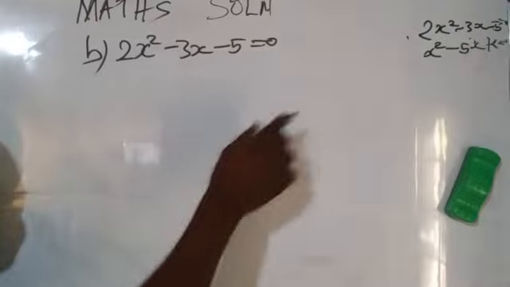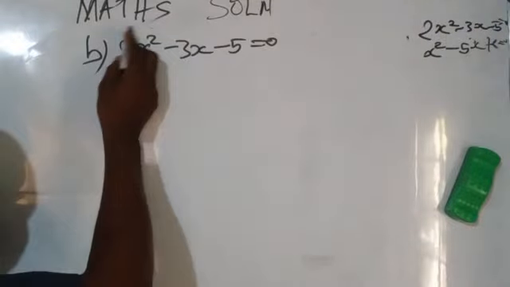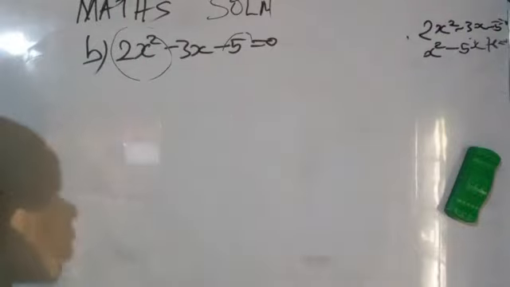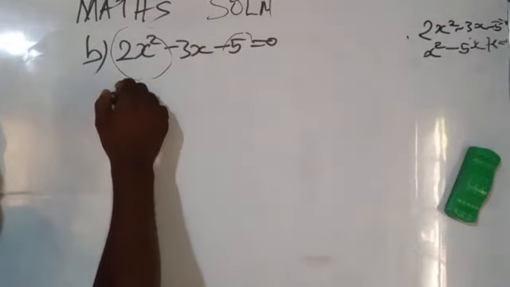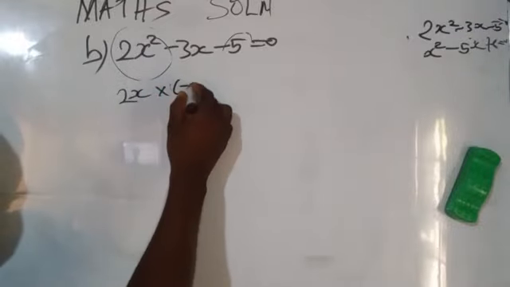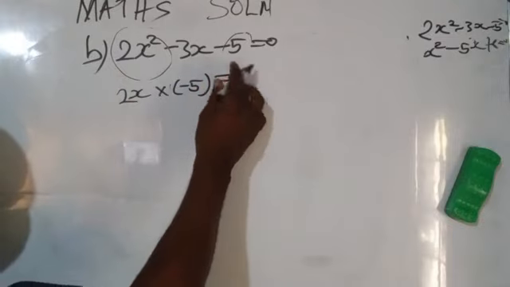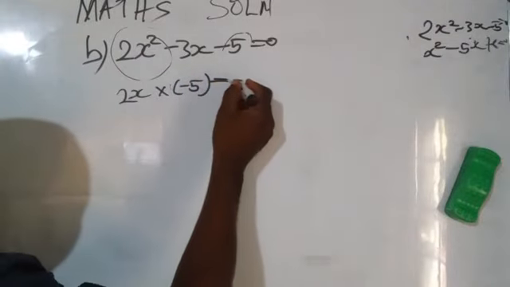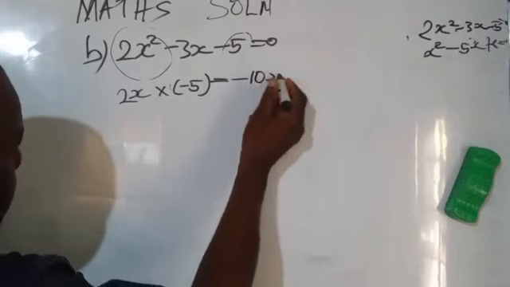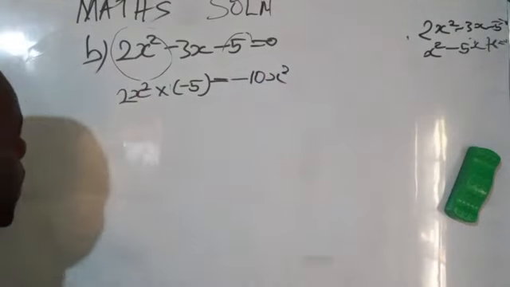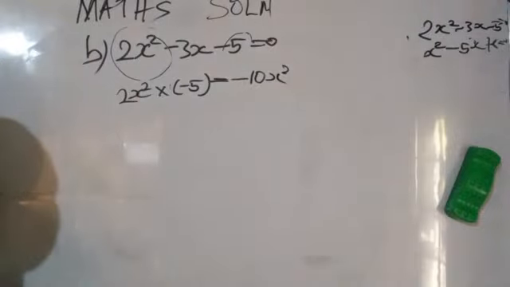First term times last term. This is your first term, which is A, times the last term here, which is C. Okay? Then you have that 2x squared times minus 5 is equal to minus 10x squared. Now,